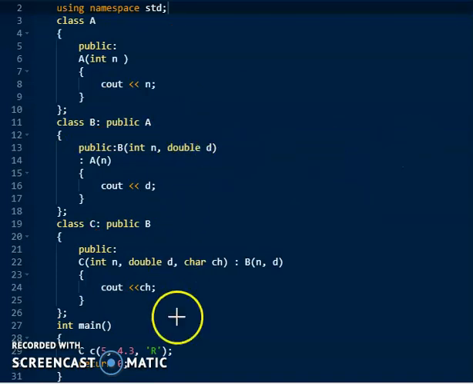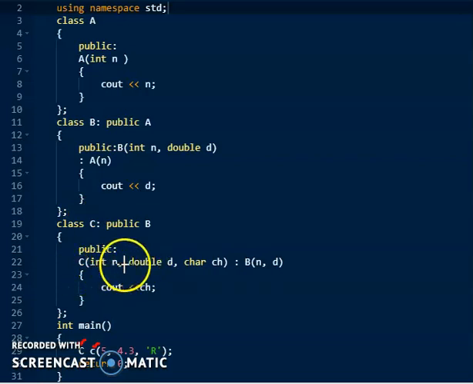Now let us see what happens here. From the main program I am creating an object and the name of the object is c. Now we know that a constructor is a special kind of function which gets executed as soon as an object is created. So when I am creating an object called c for class C, immediately your compiler comes here and checks whether there is a constructor here or not.